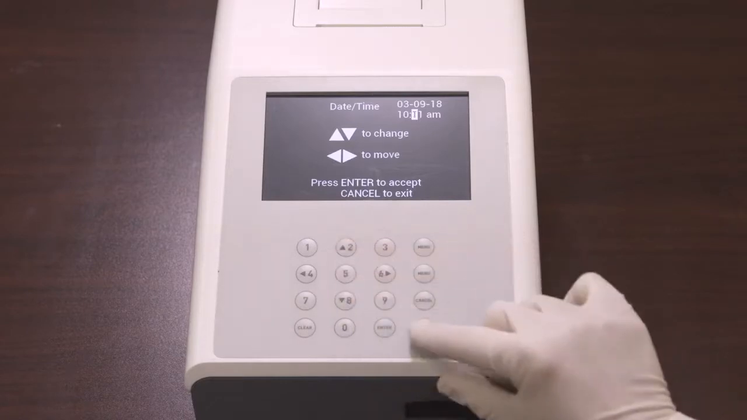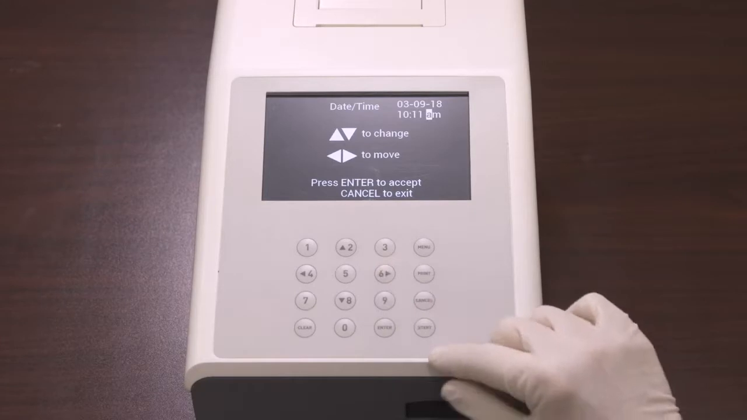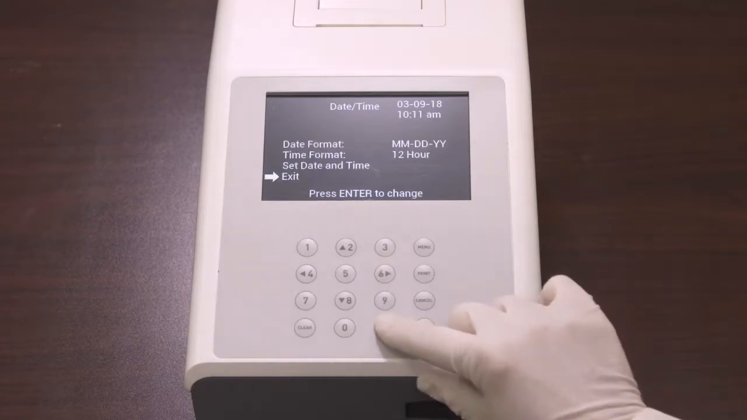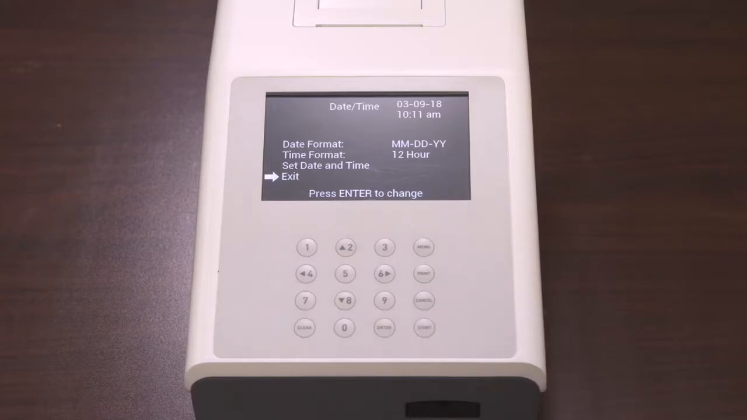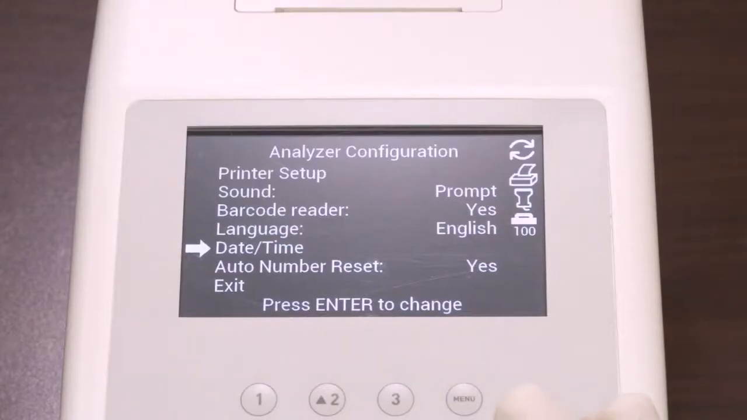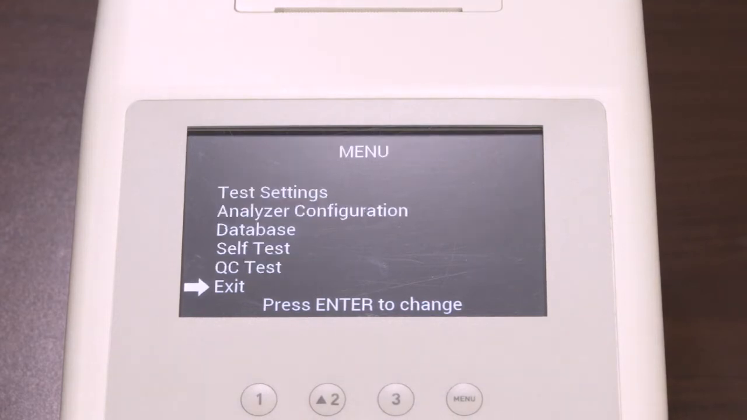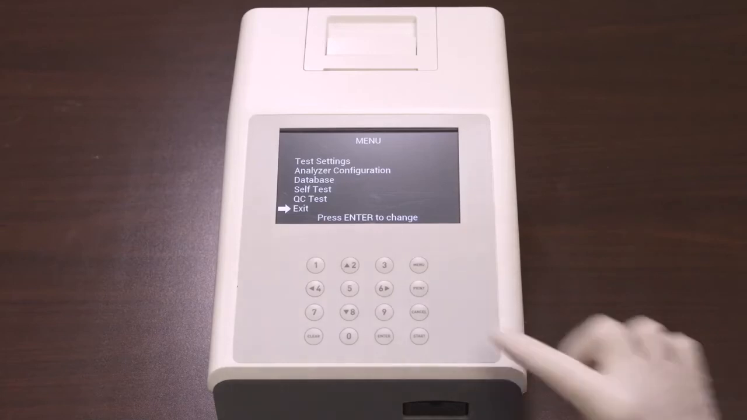Once done, press Enter to save the changes and exit the screen, or press Cancel to not accept any changes and exit the screen. Either key will return you to the previous screen. Make sure that the date and time setting is correct based on the date format and time format. The last option in the Analyzer configuration is the Auto Number Reset. Select Auto Number Reset and press Enter to cycle to Yes or No. If you select Yes, the test number will reset each day. If you select No, the test number is unaffected by the date. Once you have selected your desired option, select Exit to go to the menu screen. The last option in the main menu screen